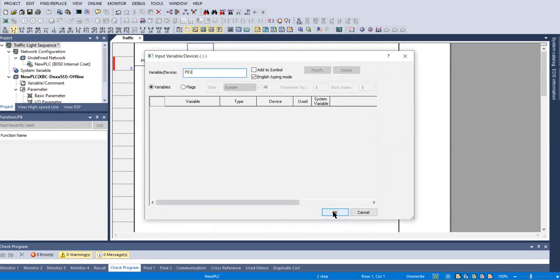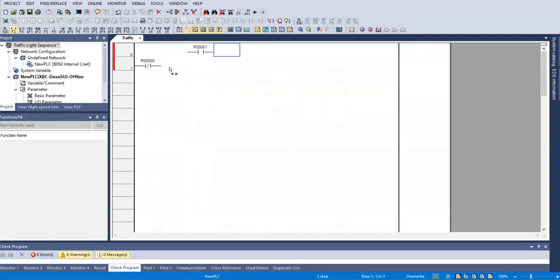This is for the start button, and in order to make connection with this particular contact, I can use vertical lines and horizontal lines. So I'm going to use a vertical line here and a horizontal line to make the connection. Then along with this,